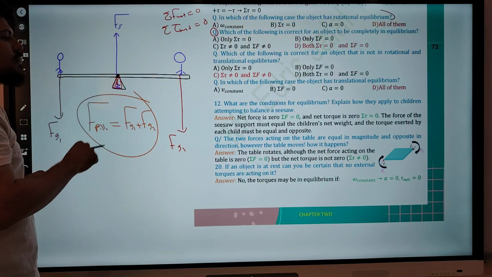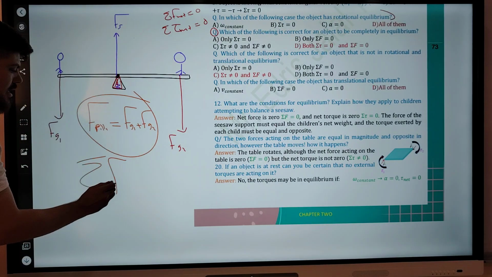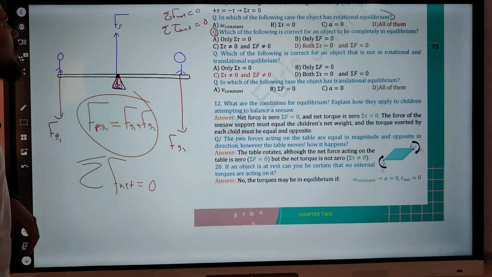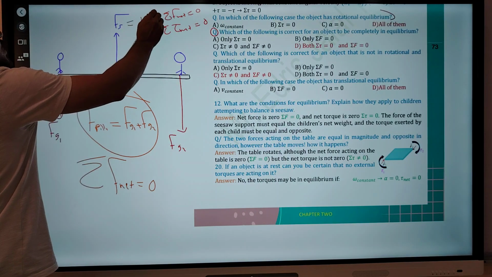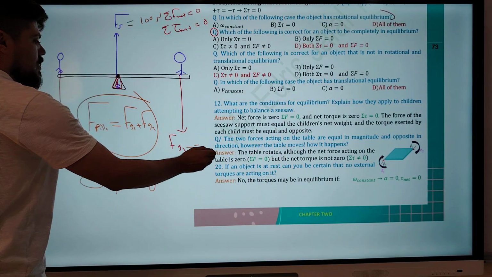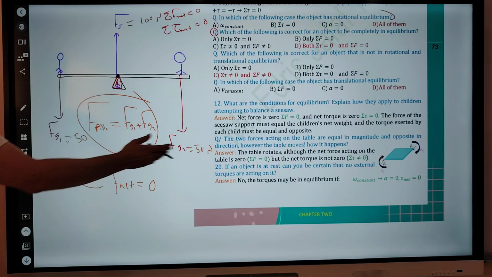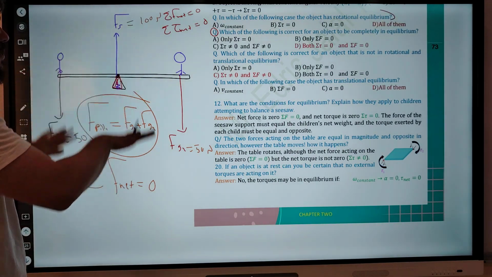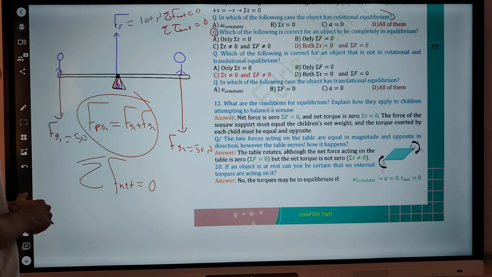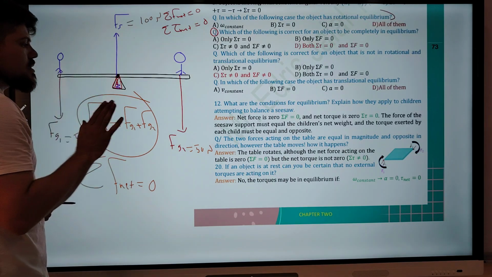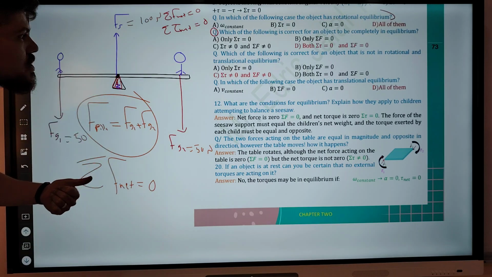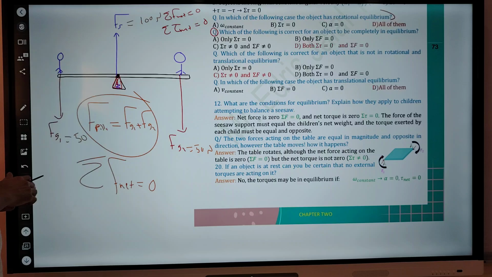If you add up these forces, net force is equal to what? 0. Assume that this is 100 Newton, and these are 50 Newton and 50 Newton. 50 plus 50 is 100, and 100 minus 100 equals 0. The net force on these two children and the seesaw is equal to 0. So we can say this seesaw has translational equilibrium. For rotational equilibrium,